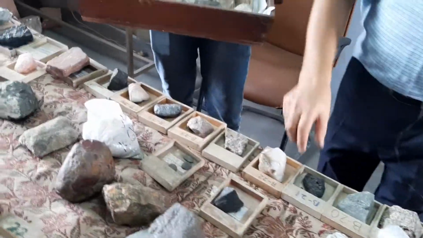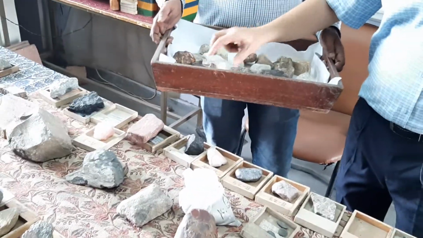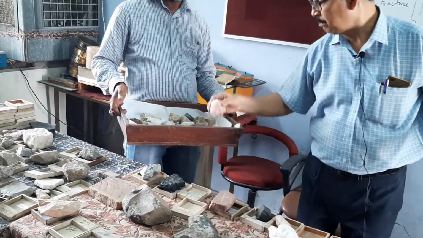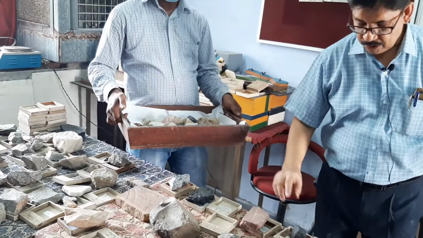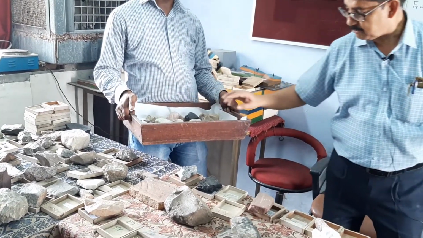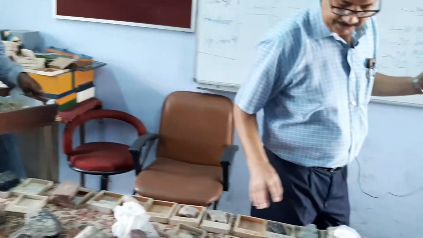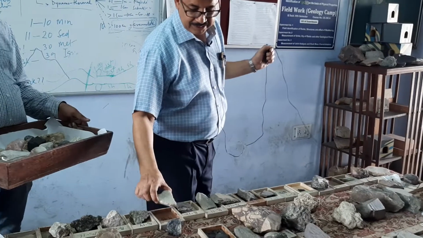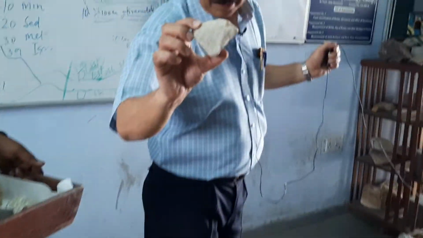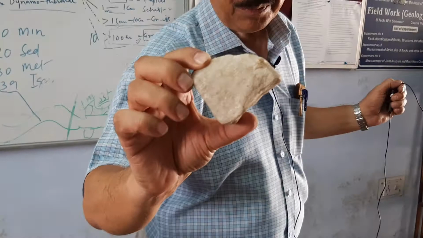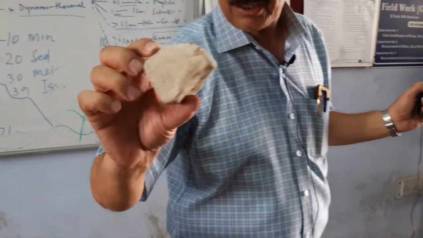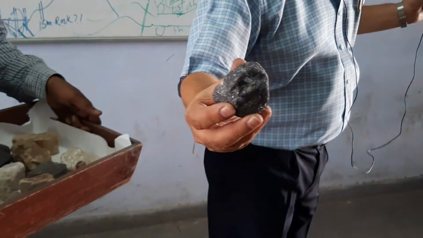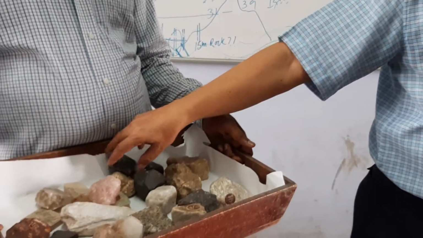So you just see that I am picking minerals and not the rocks. I am leaving rocks behind and just picking the minerals. So I have almost picked up the minerals which are there in these trays. I am leaving all the rocks. Okay, let me select one more sample which is a rock but made up of only one mineral. So I am just keeping it with me. I am again having a mineral in my hand and putting it into the tray.